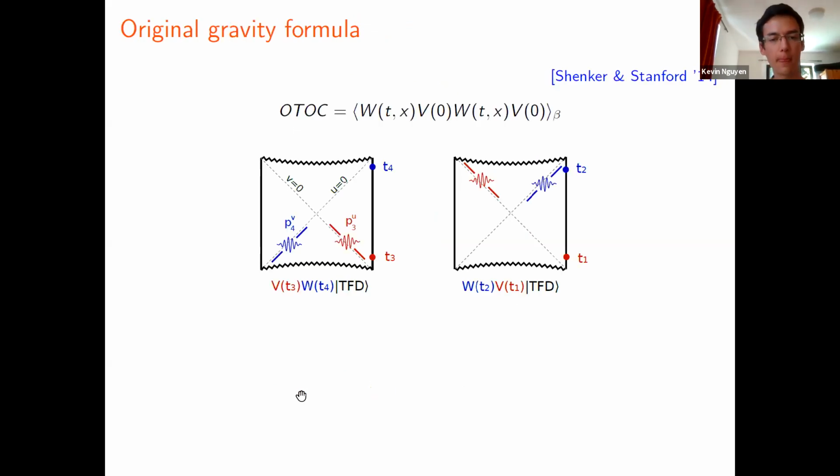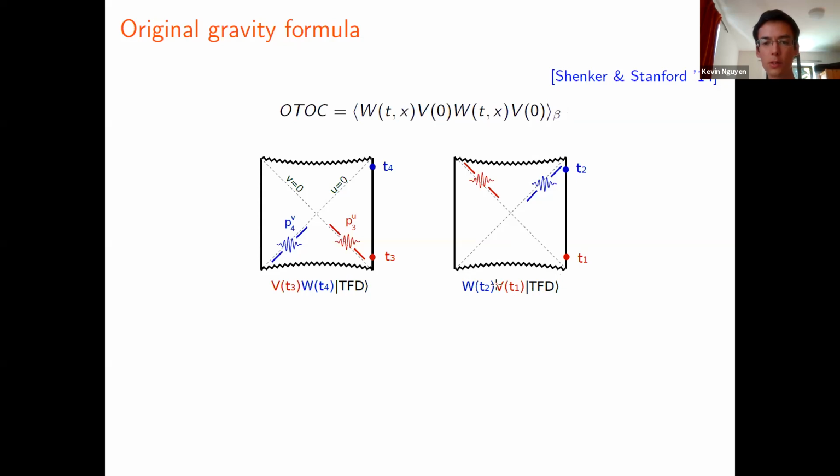Okay, so as I mentioned, 6 years ago, in a very nice paper, Shenker and Stanford proposed a way to compute these OTOC from the gravity picture. And the first step is to realize that you can compute this 4-point function, evaluated in a thermal state, as the overlap of two states. One would simply be this state here, the thermofield double state, which is dual to the eternal BTZ black hole,